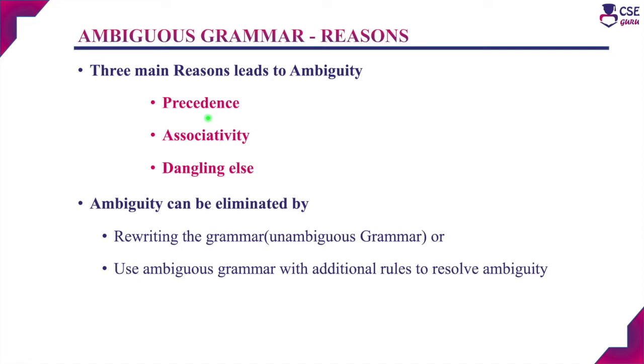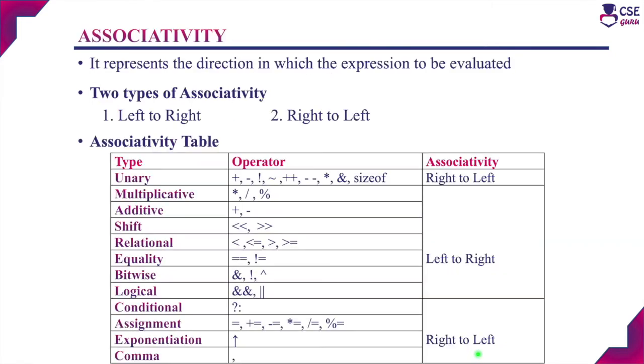In the previous session, we discussed eliminating ambiguity by implementing the precedence rule. In this session, we are going to discuss eliminating ambiguity by implementing the associativity rule. If there is more than one operator present in an expression, the operator with a higher precedence should be evaluated first, then the lower precedence operator should be evaluated. That is the operator precedence rule.